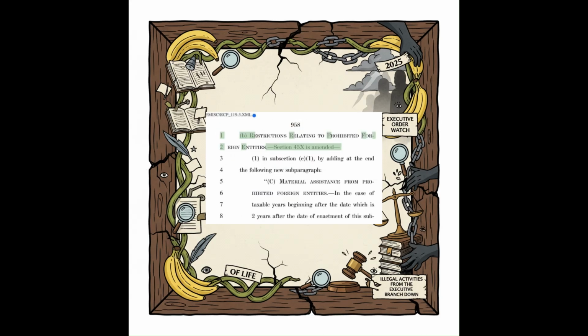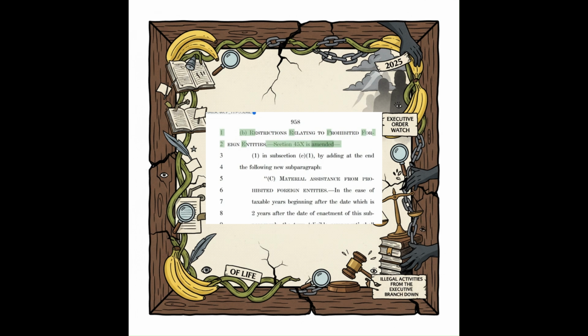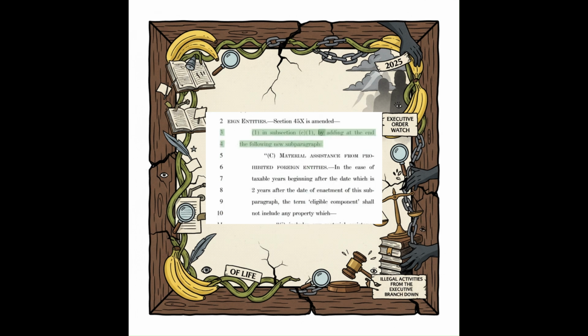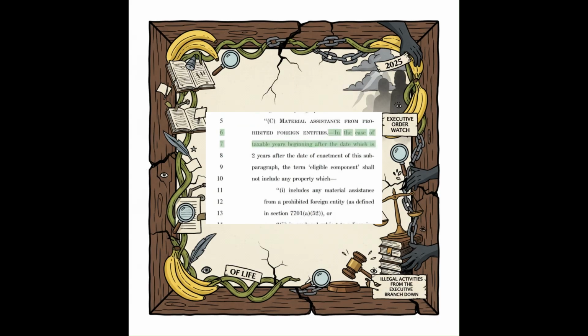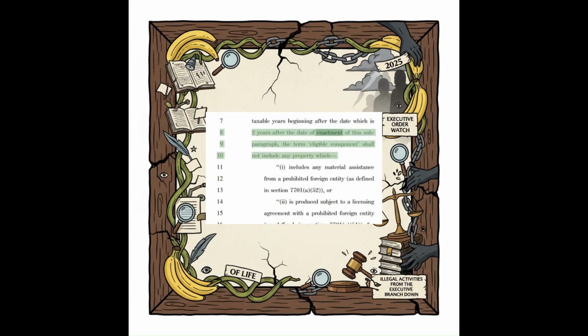Section 45X(c) is amended. In subsection, by adding at the end the following new subparagraph. Material assistance from prohibited foreign entities. In the case of taxable years beginning after the date which is 2 years after the date of enactment of this subparagraph, the term eligible component shall not include any property which includes any material assistance from a prohibited foreign entity,